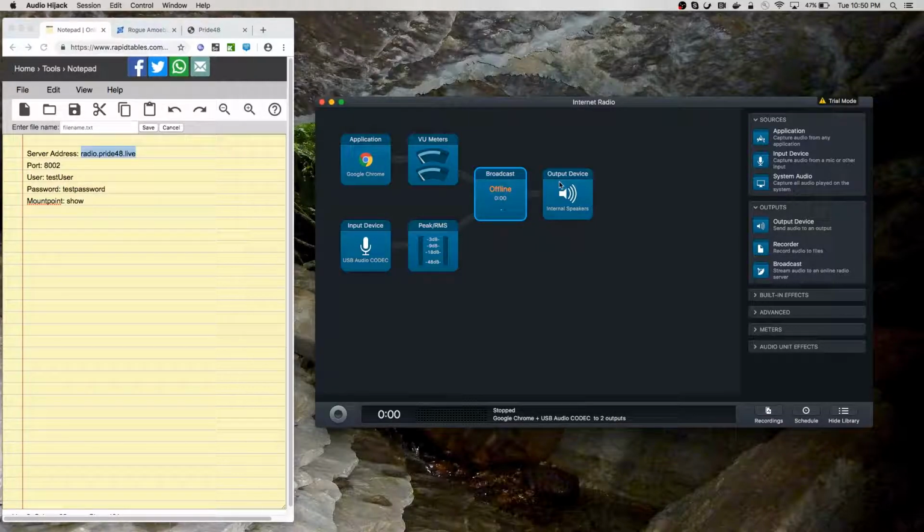Now everything that you've put as an input, so Chrome and your input device, you're not going to hear through your headphones. The way that you're going to do that, if you want to hear it, is you're going to set up an output device. And this output device, you can tell where to go. Now, what I'll tell you is, if you choose to route your microphone to an output device, it may sound a little weird to you or a little echoey, or there may be a slight delay from when you actually talk